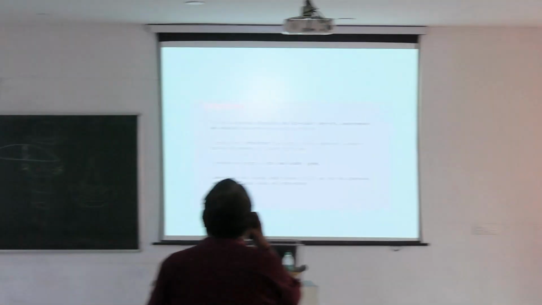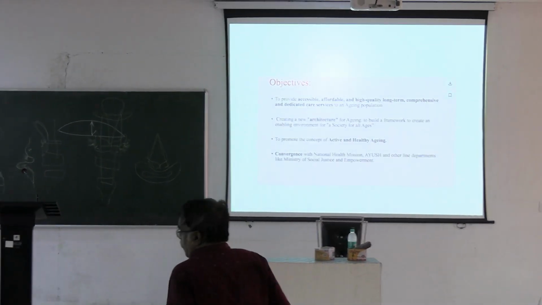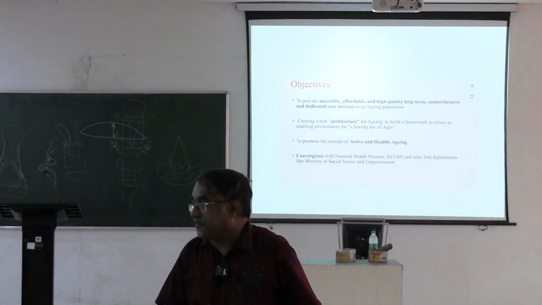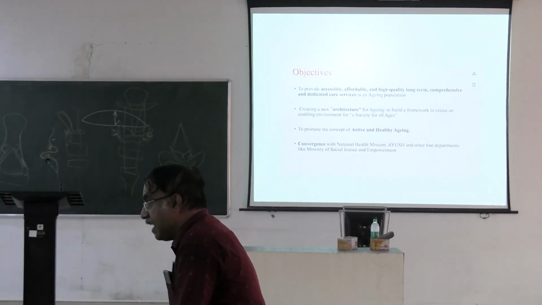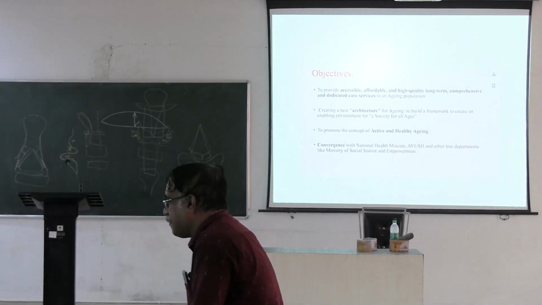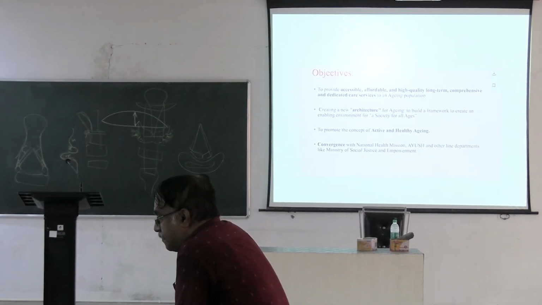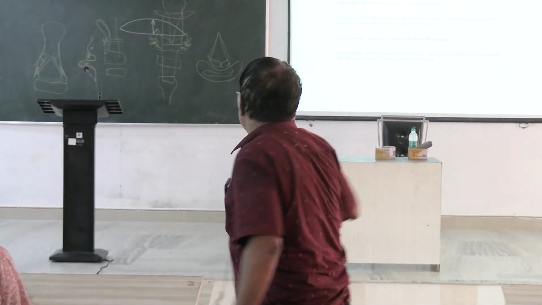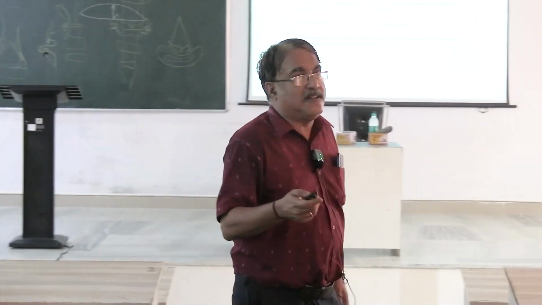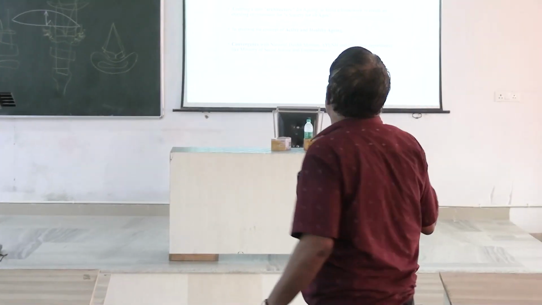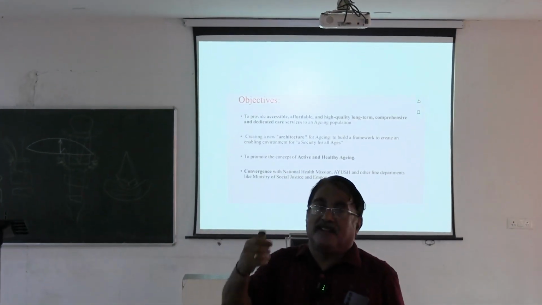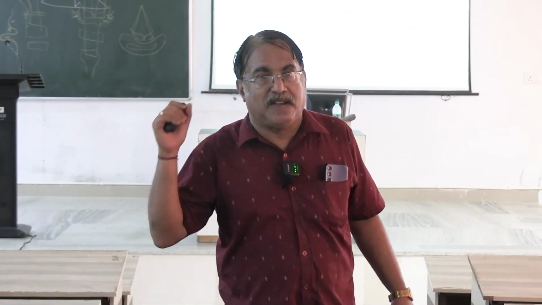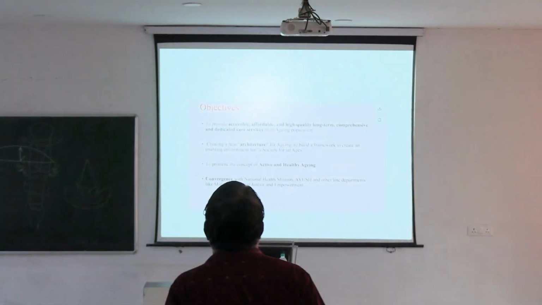So the objective is to provide accessible, affordable care. What is the difference between accessible and affordable? Accessible means easily available. Affordable means cheap. Normally people think that if it is cheap, quality is not good, but you need to give high quality care also, and long term, comprehensive